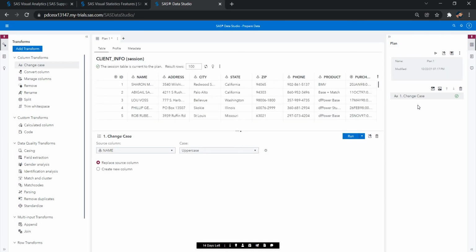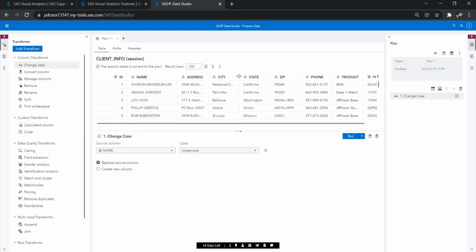The same as in Power BI. In Power BI also, whenever we change anything, that will be recorded in the right hand side. If you want to delete that step, you can delete it, and you can undo that step. So I replace it. Now you can see here all names are in uppercase.